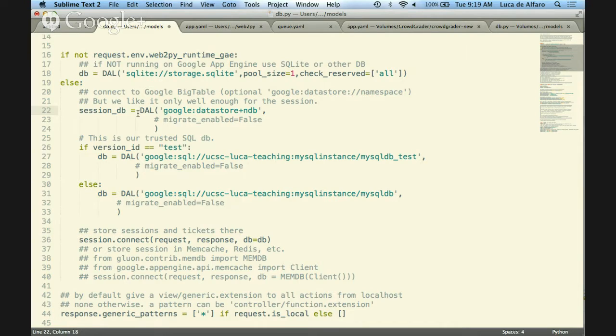So you need to define where you keep the session information. The session information contains various things. When you say session.flash is equal to I'm very happy today, this I'm very happy today is put into the session database. The login credentials are put inside the session. Usually it's not huge, but it can be one or two kilobytes of information.